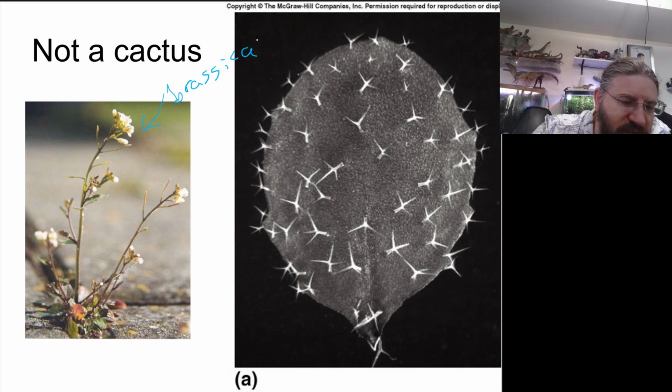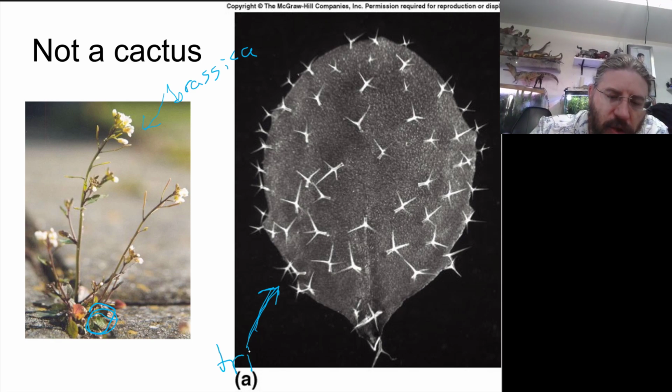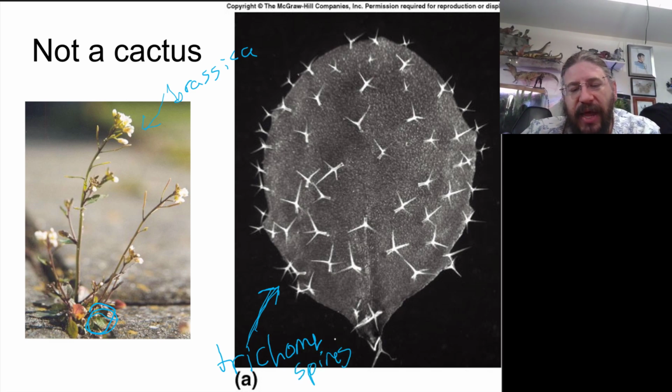It's hard to see in this picture, but there's a leaf right down here. And when you look at it under the electron microscope, this is that leaf. And you might be tempted to say, well, that's a cactus leaf. But these are trichomes. So this brassica has trichome needles. Cactus spines